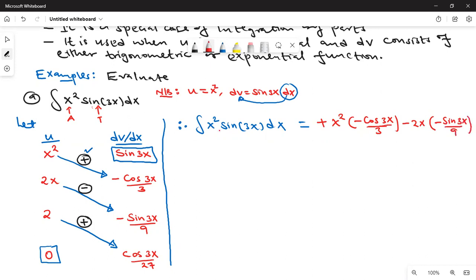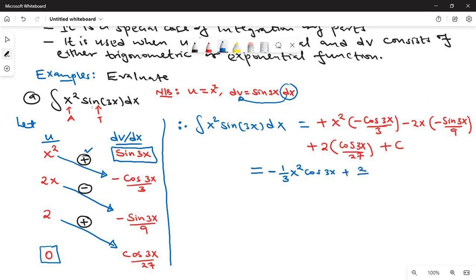Then the third arrow should be a plus, plus 2 times cosine 3x over 27. And then don't forget to write the constant of integration because this is an indefinite integral. So when we simplify, that should now give us negative 1 over 3 x squared cos 3x